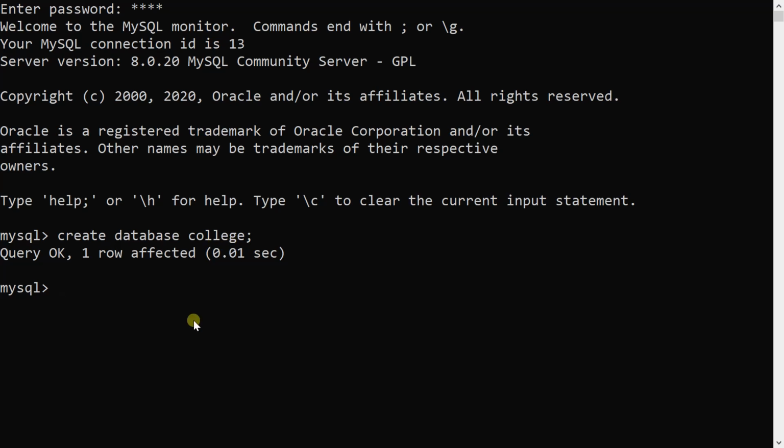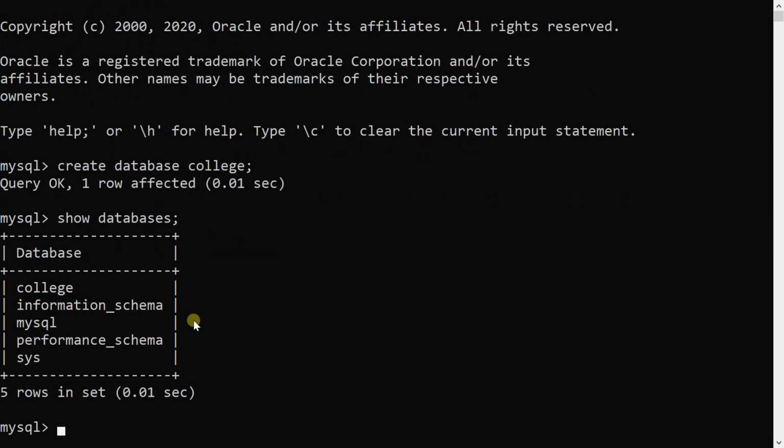If I want to see how many databases there are, I will execute the command show databases. So here, friends, you can see the college database I have created. If I want to execute a number of queries in the college database, firstly I will have to use that database.